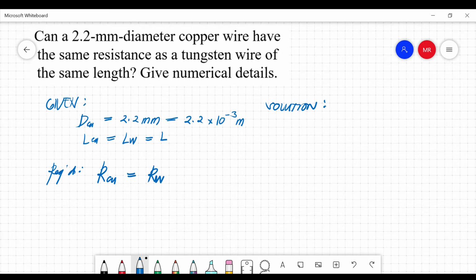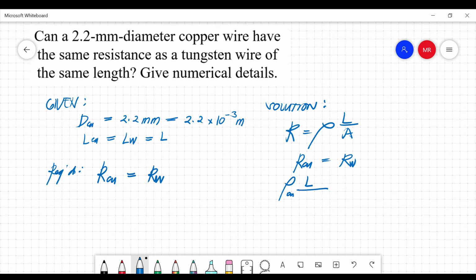From our resistance equation, we all know that resistance is equal to rho L over A, where R is the resistance, rho is the resistivity, L is the length, and A is the cross-sectional area of the conductor. Therefore, we need to prove the resistance of copper equal to resistance of tungsten. So this is equal to the rho of copper over, from our given, we'll just have all the lengths be equal to L over